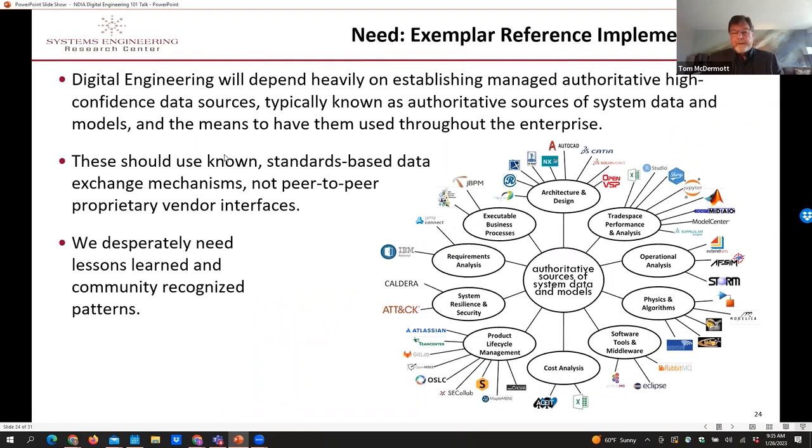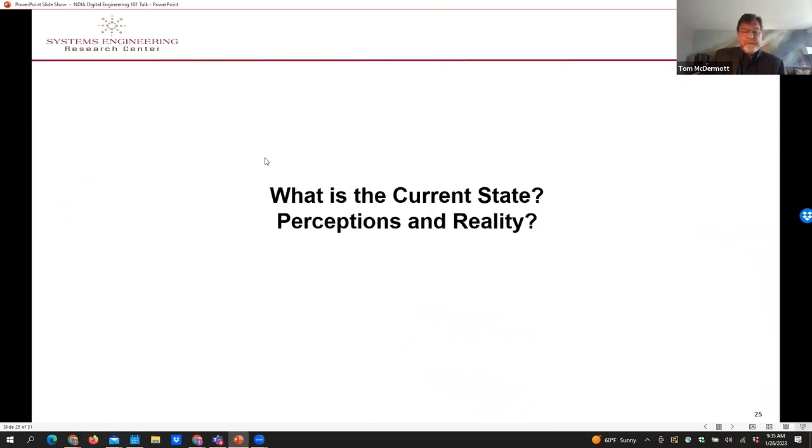Probably where we're sitting right now in terms of organizational adoption is, what do these giant digital engineering environments look like? And so I won't do anything more here than give you a view of the complexity of what you might look at as a full digital engineering environment. This is a MITRE picture, but it can be a complex set of tools that have to be put together.